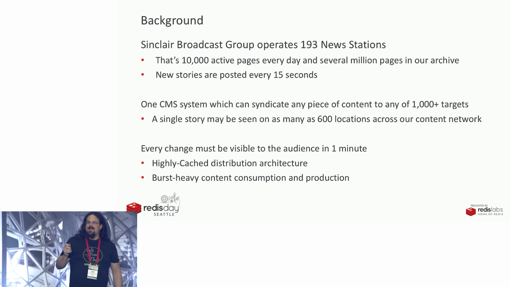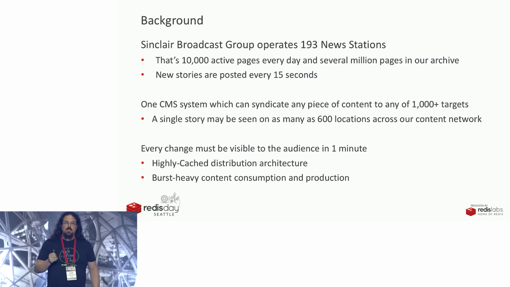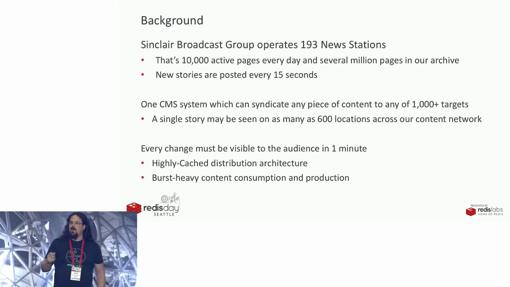The critical bit is that we have a system wherein any one of those publishes can go to up to 600 different locations throughout our content network. That includes front pages, that includes section pages, that includes different story pages for different websites. Be that Como News in Seattle here, or be that WJLA back in Baltimore. One publish can put content on up to 600 locations. Now, the average story has 3, but up to 600 from one user action.